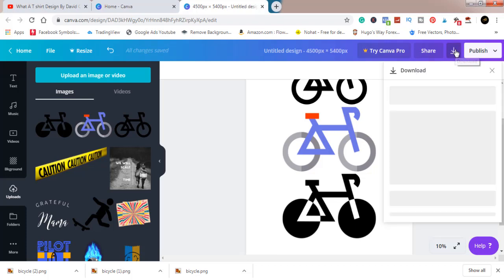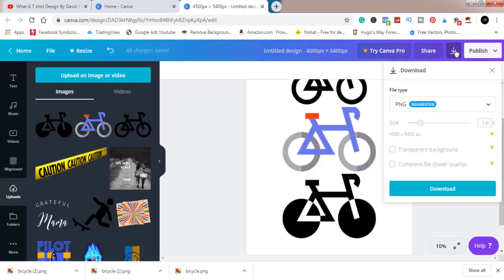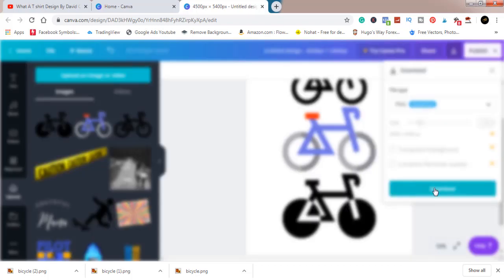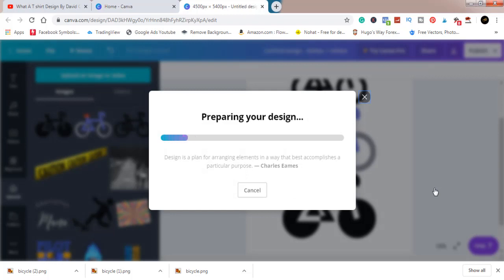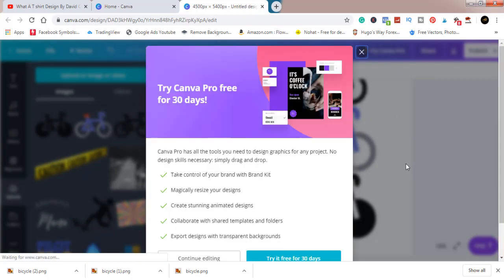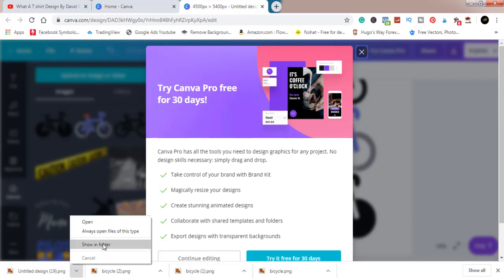So all we have to do now is to click on downloads. You see, we can download transparent background. That's what we're going to talk about in the third stage. So please make sure you stick around. So you just click on the download button. With the free version of Canva, your download will always come with the white background. But that's what we'll work on the third stage. So let's just make sure we have our design ready for us to work on the third stage.